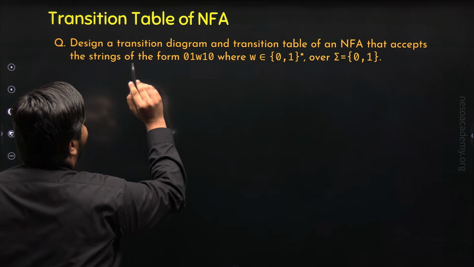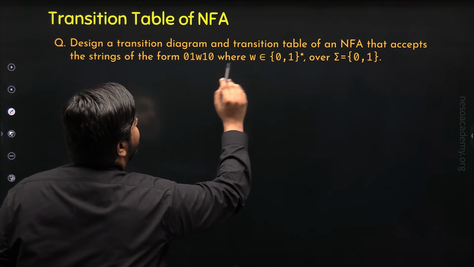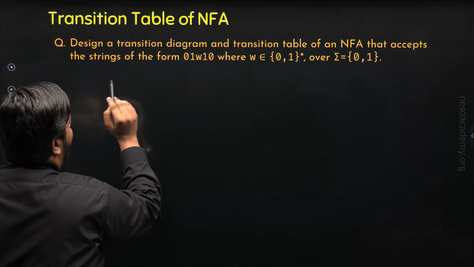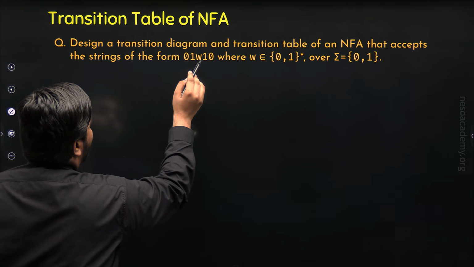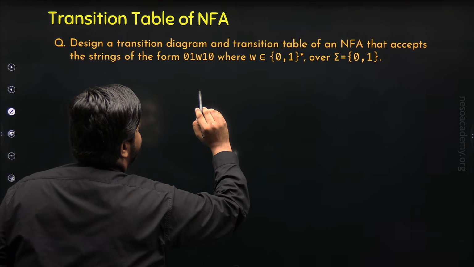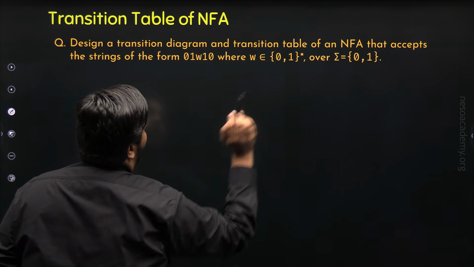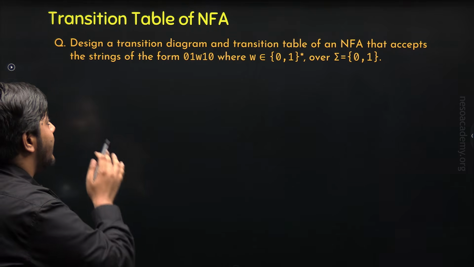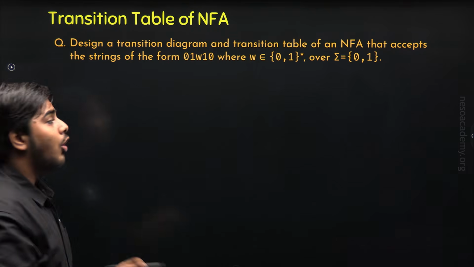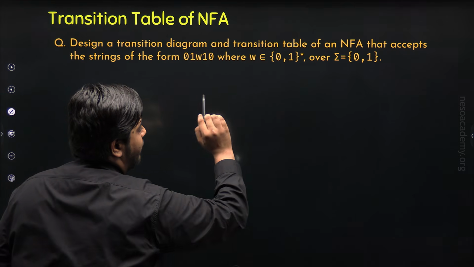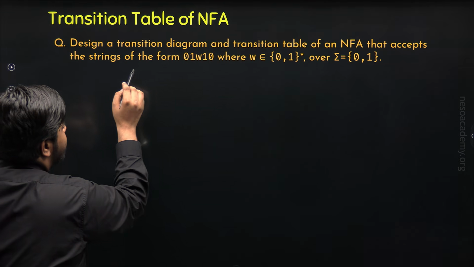Design a transition diagram and transition table of an NFA that accepts the strings of the form 01W10, where W belongs to {0,1}* over the alphabet {0,1}. Now let's understand this question. In this question, you are required to draw the transition diagram and transition table of an NFA that accepts the strings of the form